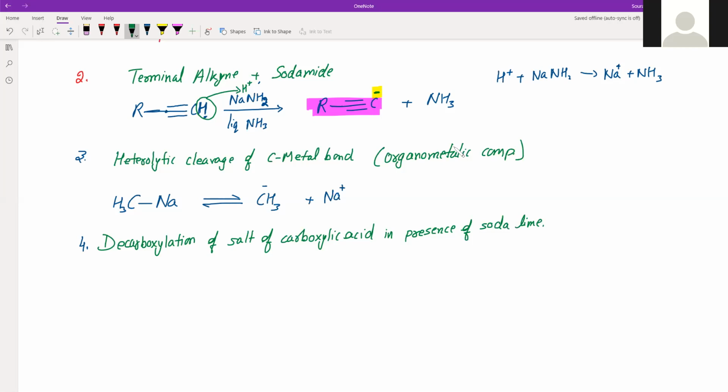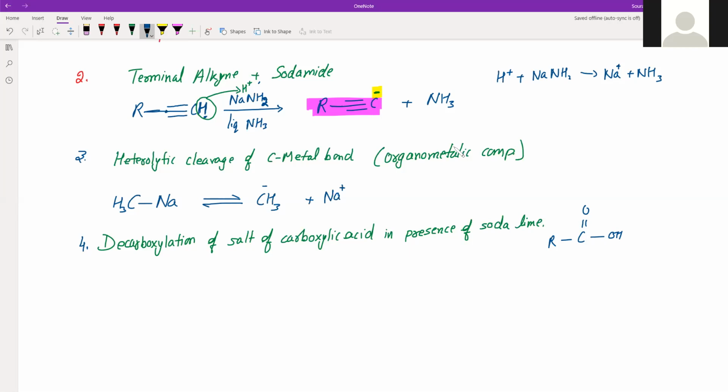So when salt of carboxylic acid, the carboxylic acid is what? Carboxylic acid is C double bond O OH. It's salt. That means this OH will get removed and some other component will get attached here. So that is called salt of carboxylic acid. When that is heated in the presence of soda lime, decarboxylation takes place,